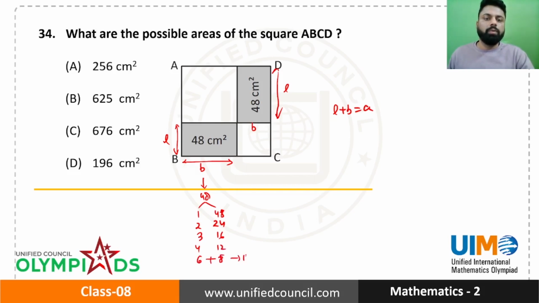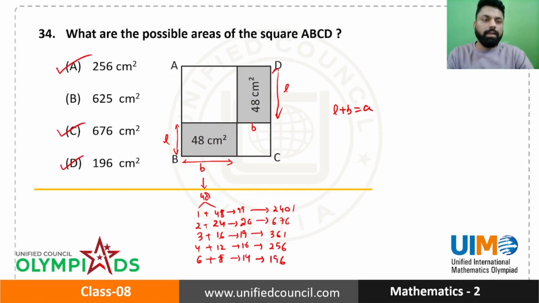So let's take it as 14. Let's take it as 16. Let's take it as 19. Let's take it as 26, and let's take it as 49. So the square can be 2401. It can be for 26 676, or 19 361, for 16 256, and for 14 196. 256 can be the answer. 676 can be the answer. 196 can be the answer. So the correct answer is A, C, D,